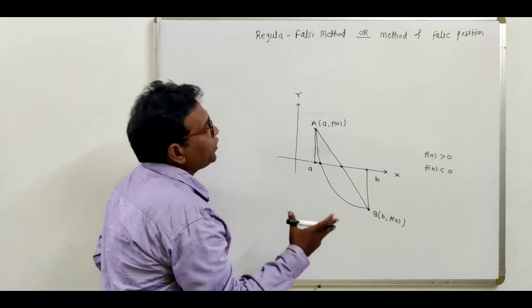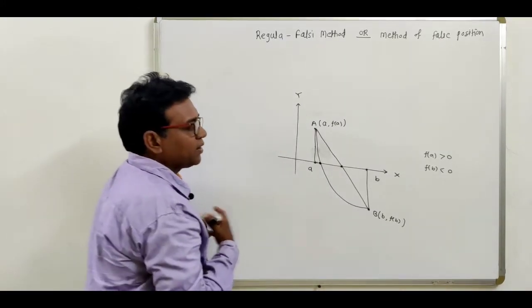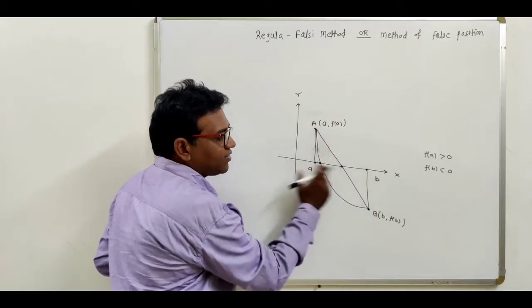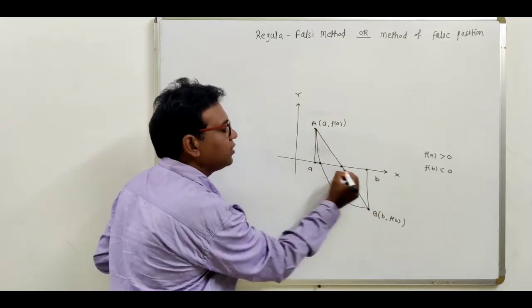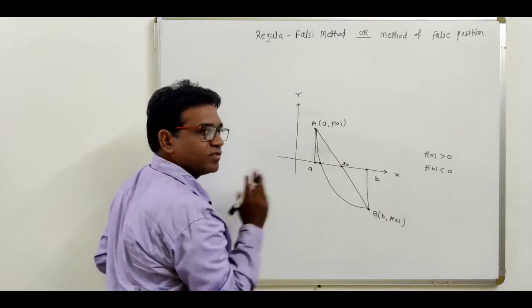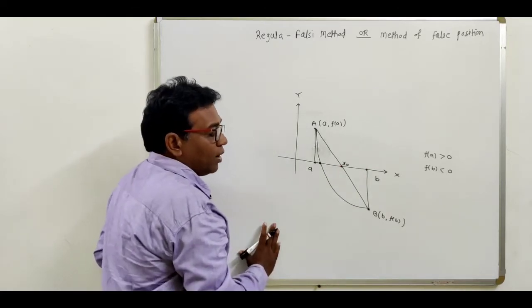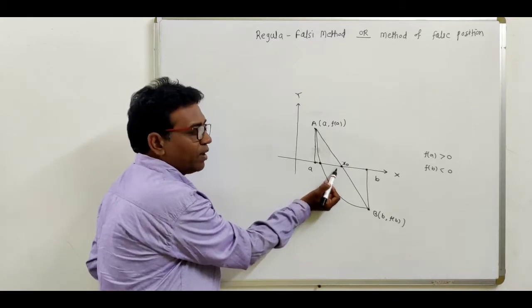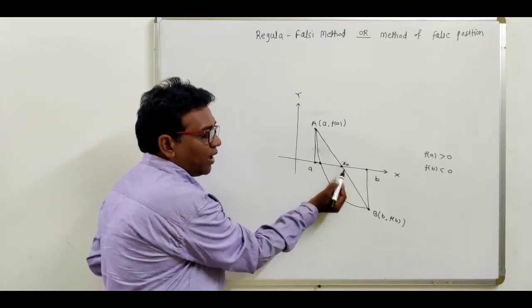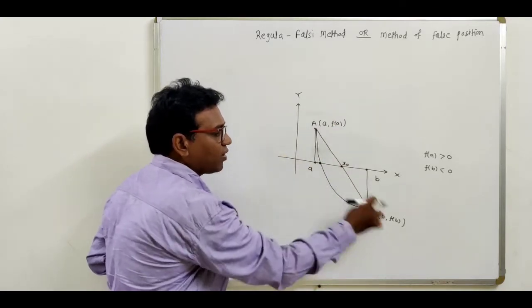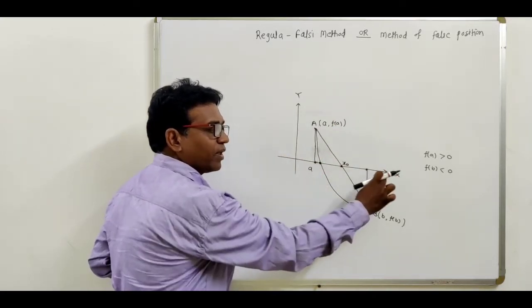So what we do in the regula falsi method is just draw the chord, which cuts the x-axis at this point. So this is the initial approximate root. Let it be, suppose, x0. Now find out this first approximate root, this x0. Now what is this x0? x0 is the point of intersection of this chord and the x-axis.